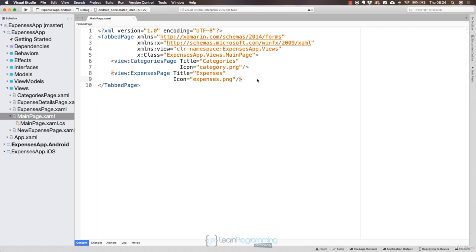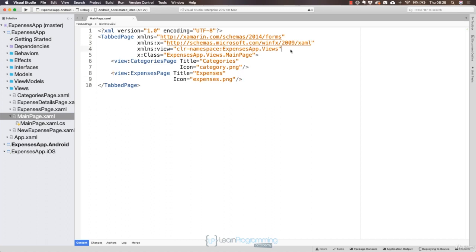Now what I want to talk about is how on Android you by default have these tabs at the top of the screen, right below the toolbar. And while of course this works and many Android users have become accustomed to this, many different developers have moved this tabbed page, or this tab bar rather, to the bottom, just like we see on iOS. They argue that it just provides a better user experience, since it would be at a place that is easier to reach. Now I won't talk about which one may be better or if you should or should not do it, but I will tell you how you can absolutely achieve this with Xamarin Forms,